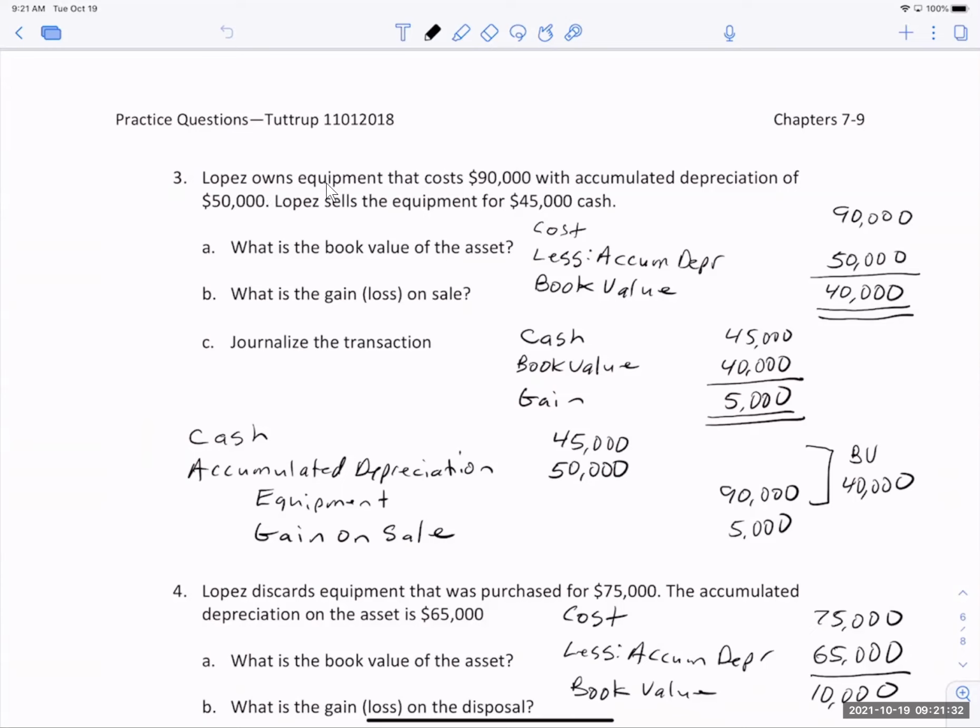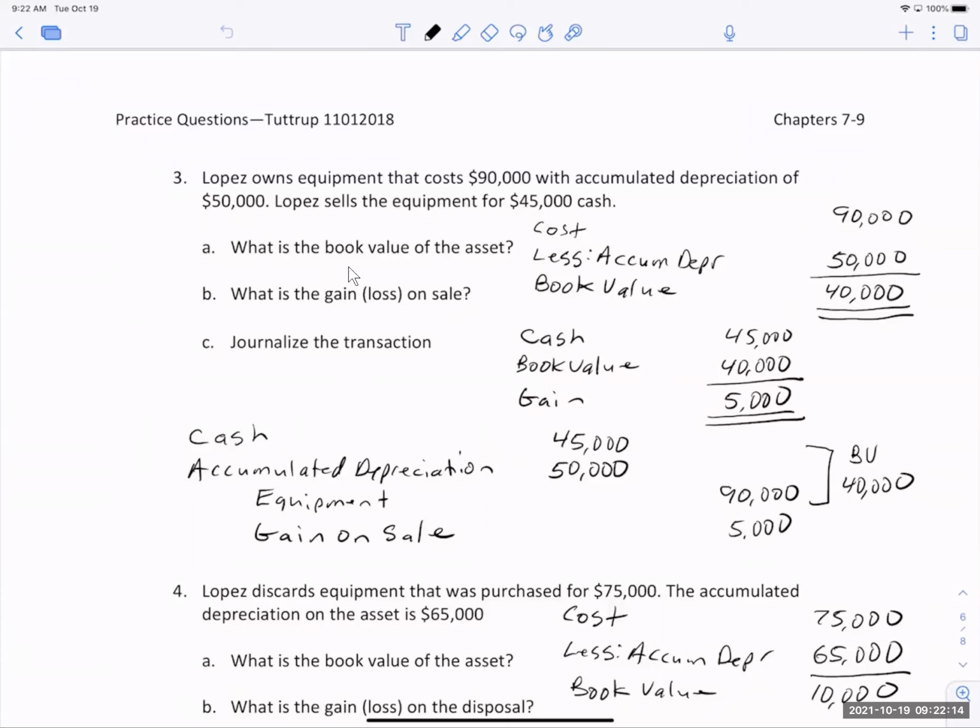Lopez owns equipment that cost $90,000 with accumulated depreciation of $50,000. So the first question is, what is the book value of the asset? Well, we know, or at least you used to know, you may have forgotten it, that book value is the cost of the asset less accumulated depreciation. In this case, the asset cost us $90,000. We've depreciated $50,000 of it. That's why accumulated depreciation is there. So we have a book value of